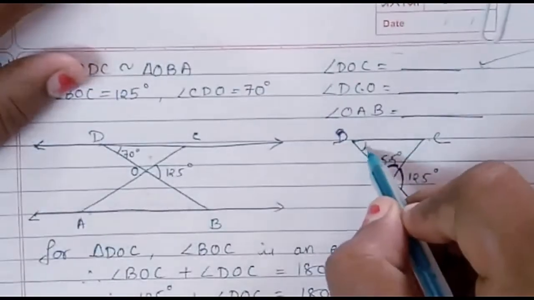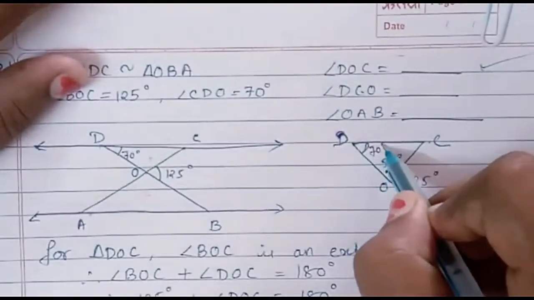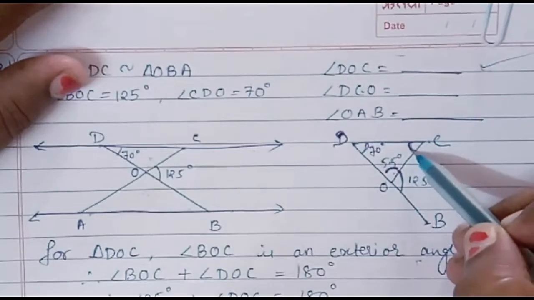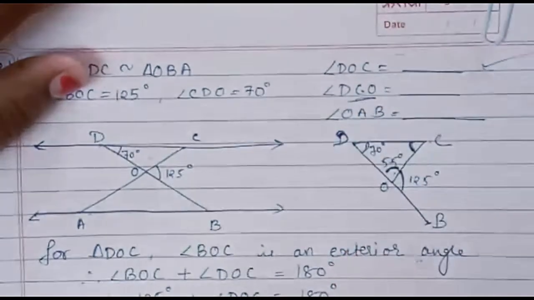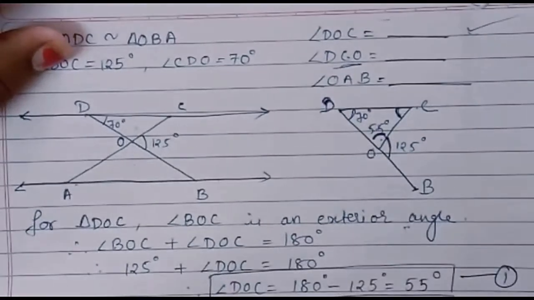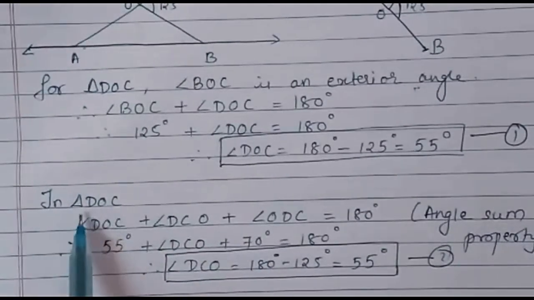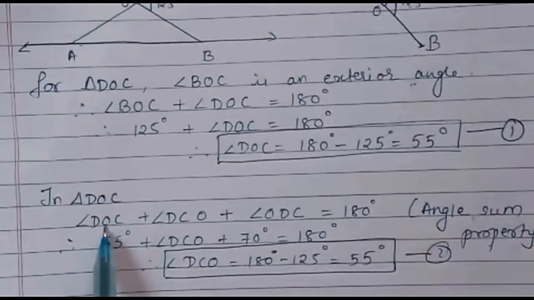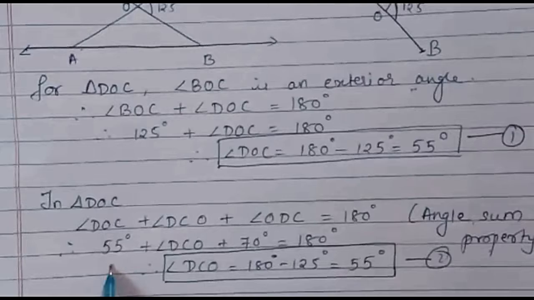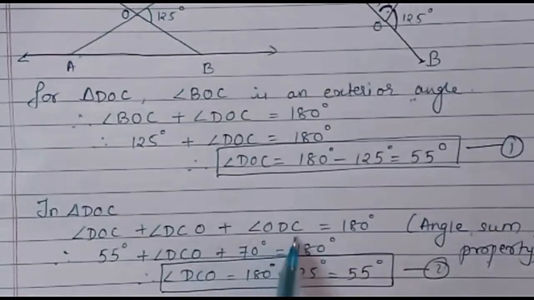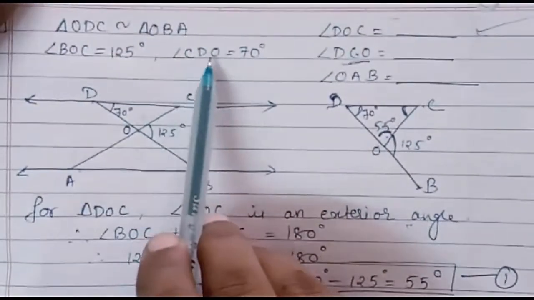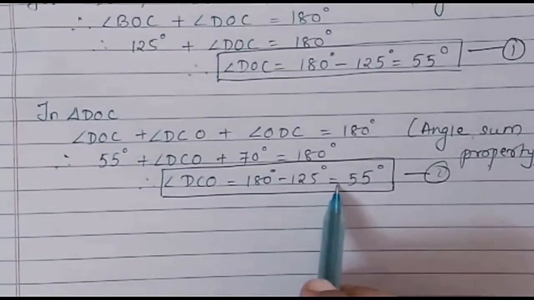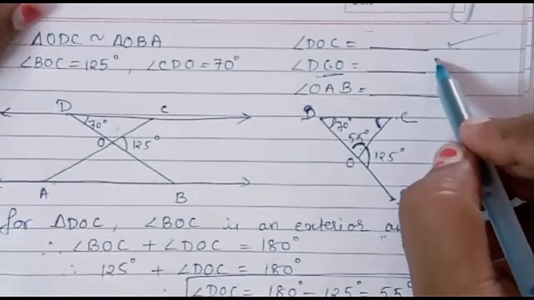Now we know in this triangle DOC, one angle, angle D, is already 70 and this is 55. So by angle sum property we can find angle C, that means angle DCO. So it will be 55 again. Let us write that much. So this is our answer number 2. In triangle DOC, the sum of the measures of all three angles is 180 by angle sum property. Putting the value of DOC, which we already obtained in result number 1, and ODC, which was given in the question, ODC or you can call it CDO is one and the same, 70 degrees. So we got angle DCO is 55. So we got the second answer, DCO.